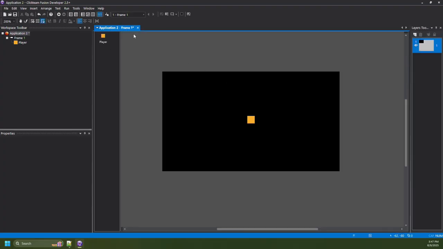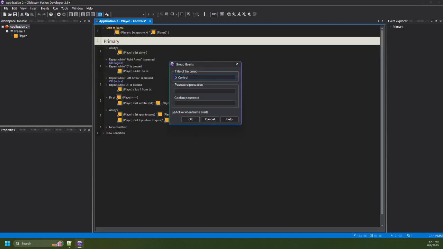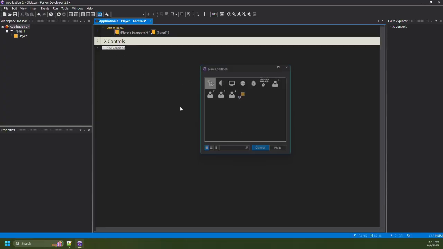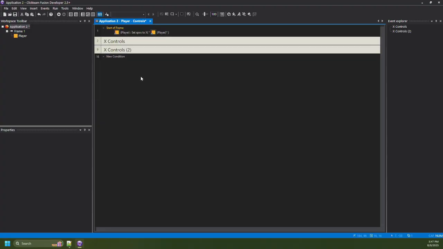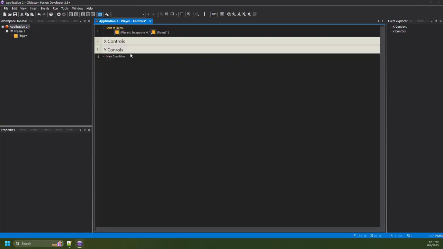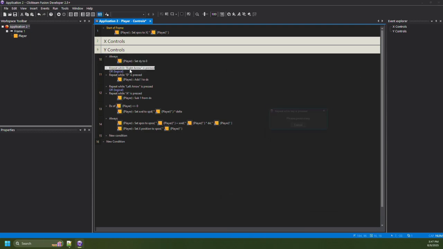You can kind of get an idea of what's happening here. Like I said, you could probably rename this to X controls. And that's everything for the X position. You can collapse it. And you can actually copy it. You can edit this one and call it Y controls. Oops. And start going in here and changing these things so that